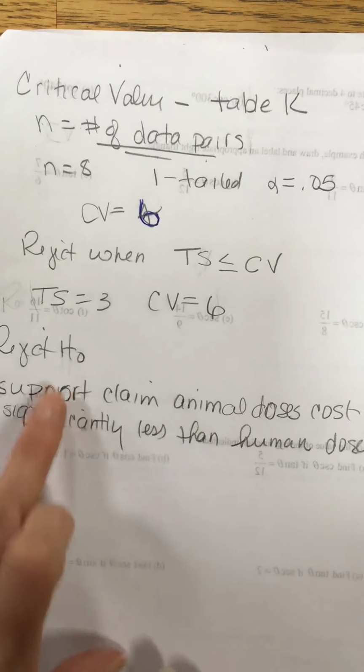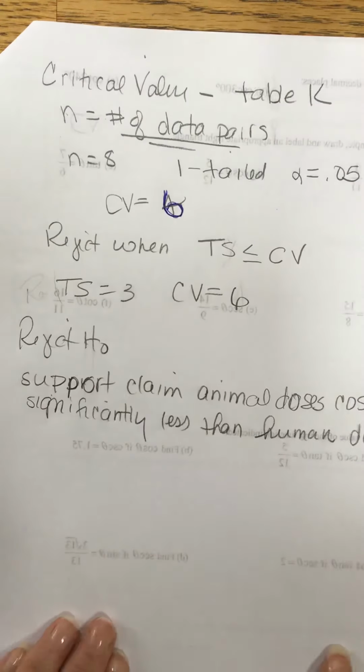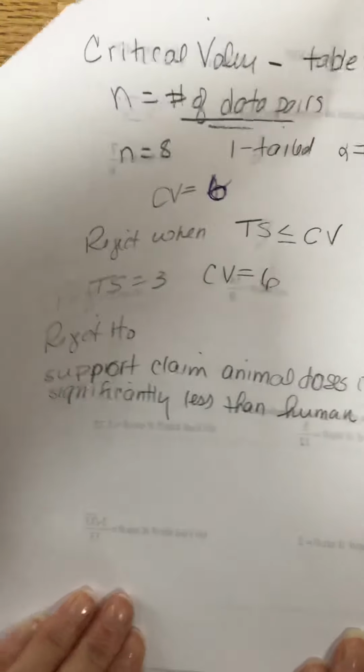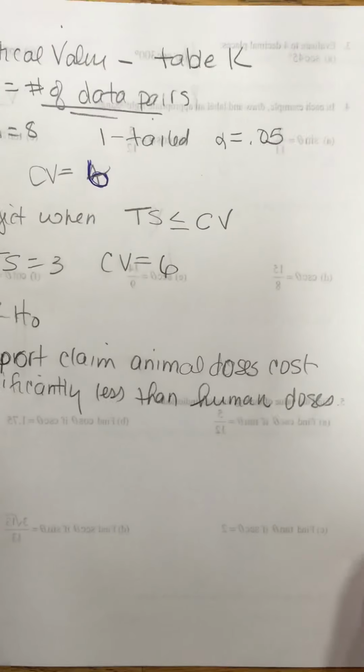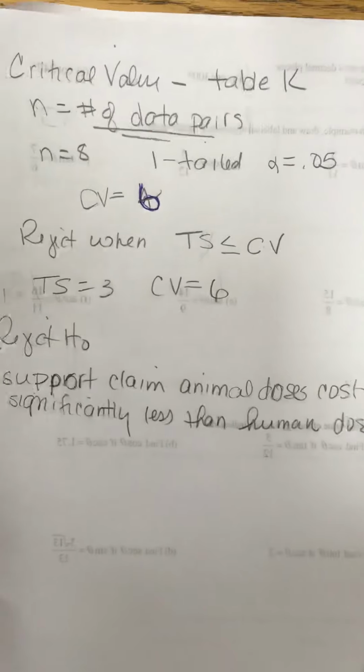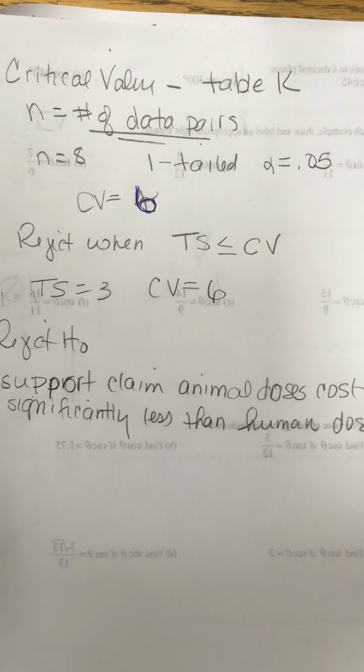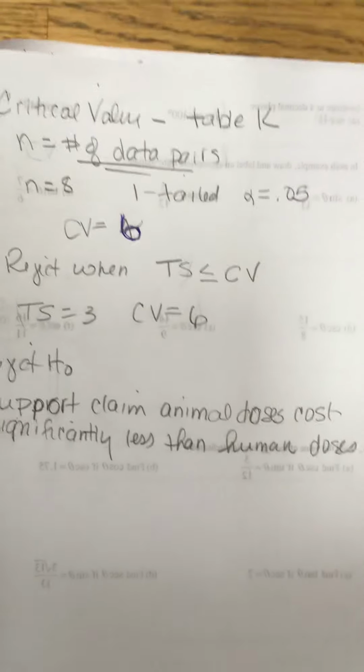Support the claim, reject H0, and we are going to support the claim that animal doses cost significantly less than human doses. Now, my reason for this is, and I'm going to lift this up and show you,